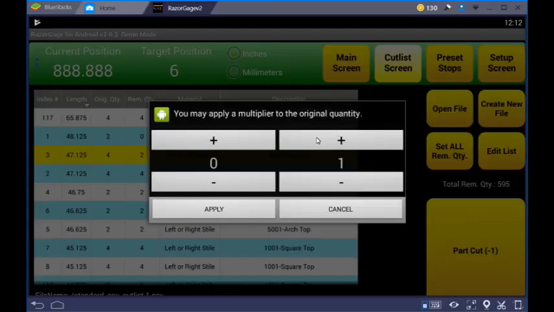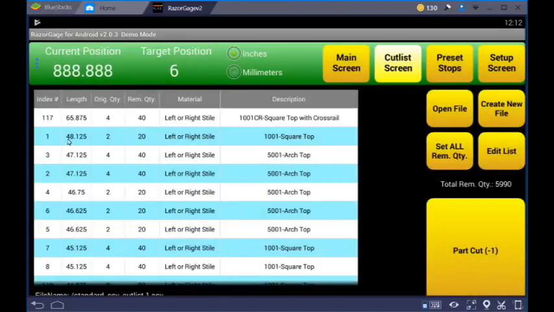So if I want to make 10 of these items, I'll add, now I've got 10 and I apply it. So it multiplied all the original quantities times 10, and so the remaining quantity is 40. And so if I cut these parts, I can keep track of how many I need to make all 10 of these